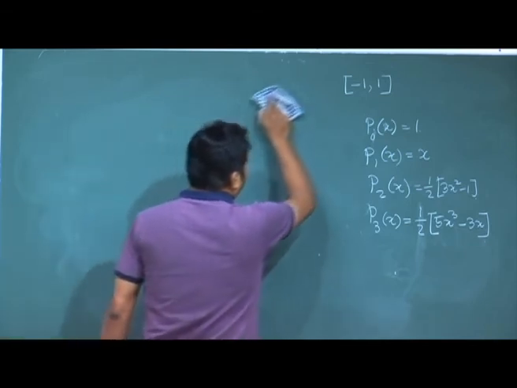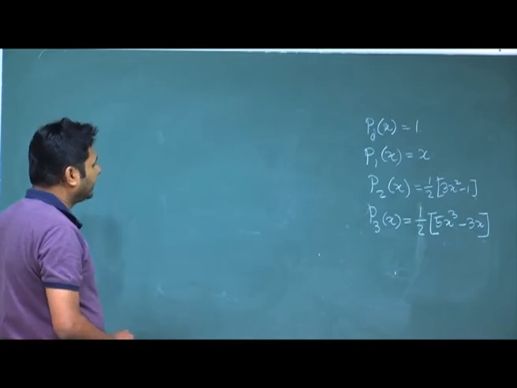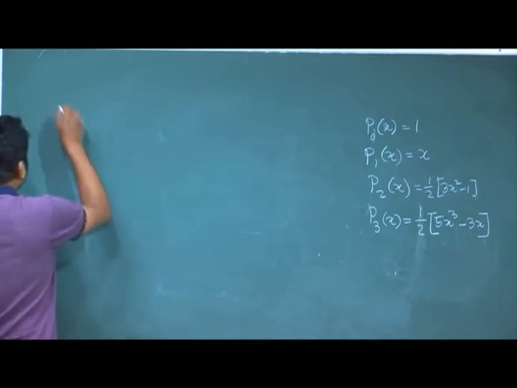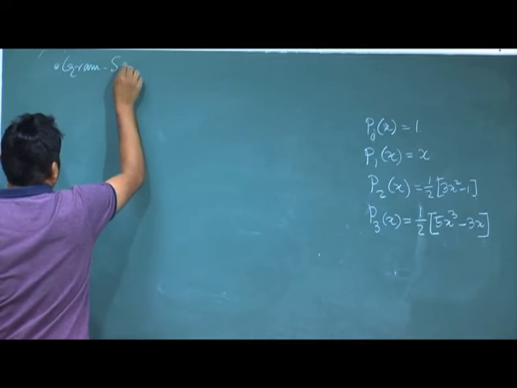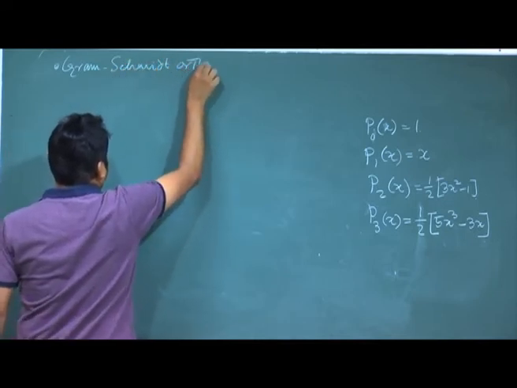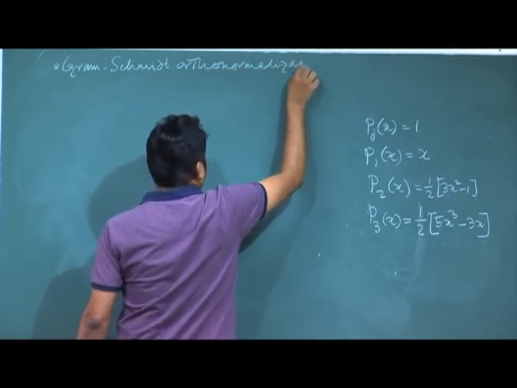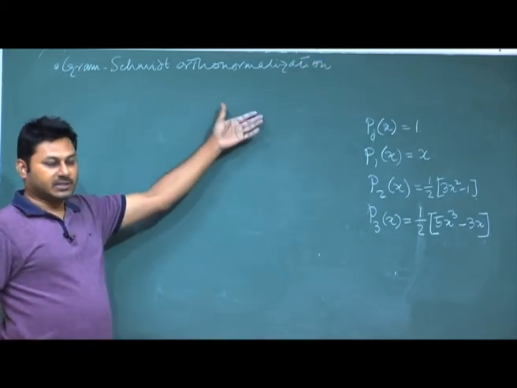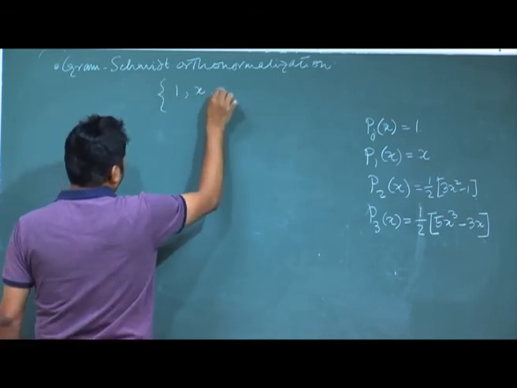There is actually another way to find out whether they are forming an orthonormal basis or not, and this I have already described, which is called Gram-Schmidt orthonormalization. So, Gram-Schmidt orthonormalization suggests that if you are given